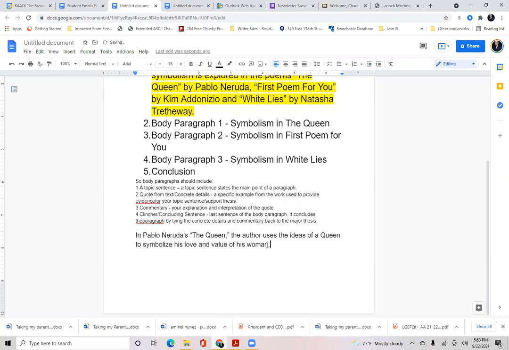Right, so this is the topic sentence, so I know what this sentence, my topic sentence is what this paragraph will be about, right at the beginning. And then you can say more about the poem at this point, or you can go right into a quote, and I'm going to say, he says,